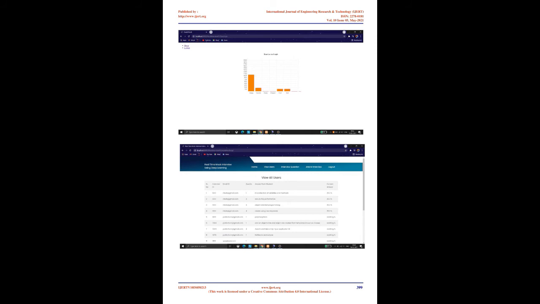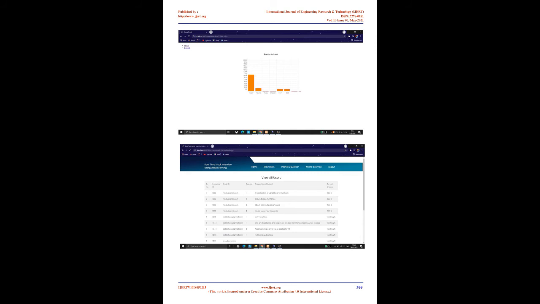Start interview. Once the user chooses the interview of his preference, the interview will start. While the interview proceeds, the user's progress and performance will be saved in the database of the system. This saved data will be further used to compare different parameters at the end while displaying the result.